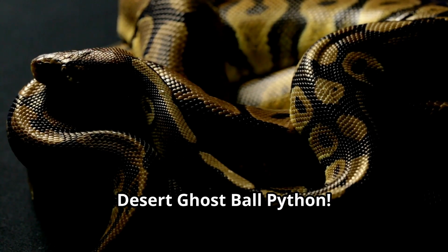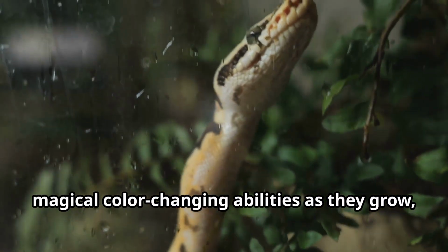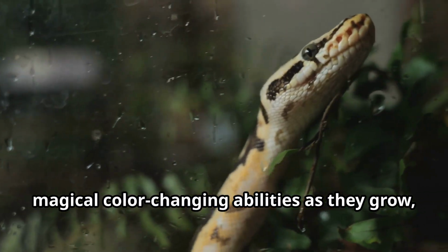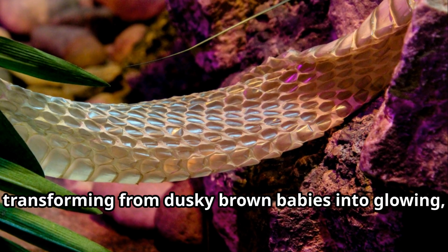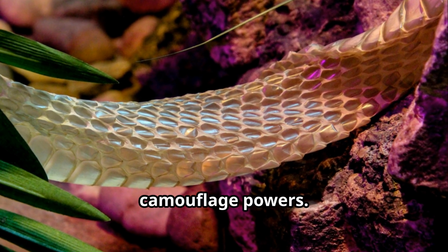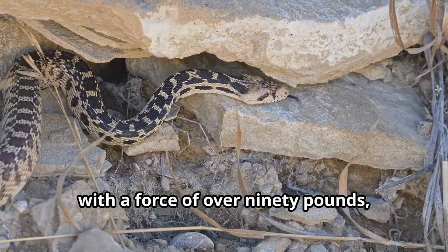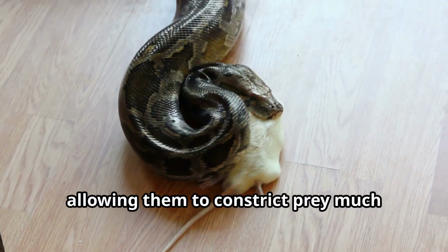Desert ghost ball python. These incredible serpents possess almost magical color-changing abilities as they grow, transforming from dusky brown babies into glowing ghostly adults with supernatural camouflage powers. Desert ghost ball pythons can squeeze with a force of over 90 pounds, allowing them to constrict prey much larger